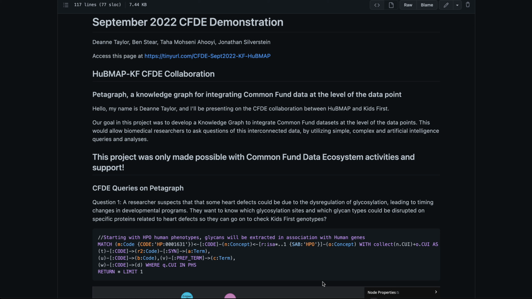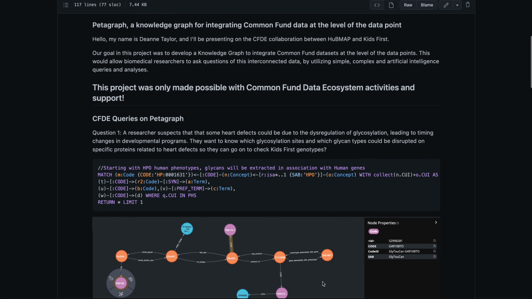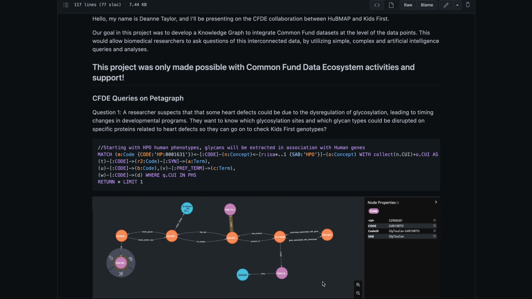For example, a researcher may suspect that some heart defects could be due to dysregulation of glycosylation, leading to timing changes in developmental programs. They would like to know which glycosylation sites and which glycan types could be disrupted on specific proteins related to heart defects, so that they can then go and query Kids First genotypes for these possible sites. To make this kind of query off of Kids First data sets and off of Glygen data sets, we